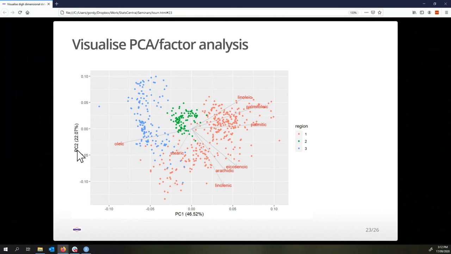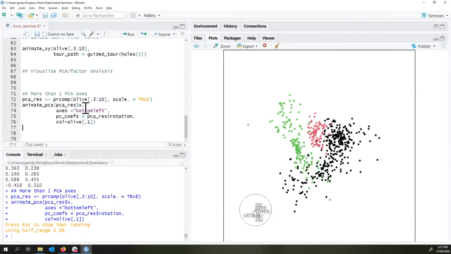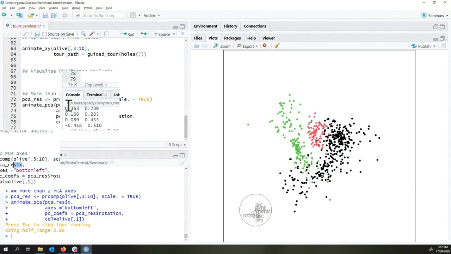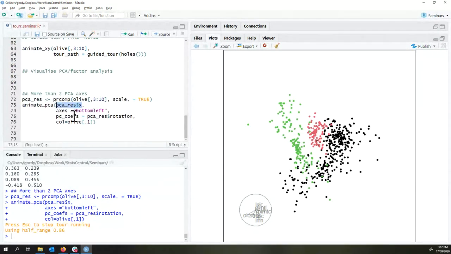So if you want to visualize more than two of the principal components, you can do that using tourr as well. The way you do that is you do your principal component analysis and then you use animate_pca instead of animate_xy. The first argument is your scores, and then you give it this argument called pc_coefs, which is your loadings. So these are scores and these are loadings. And that will allow you to visualize